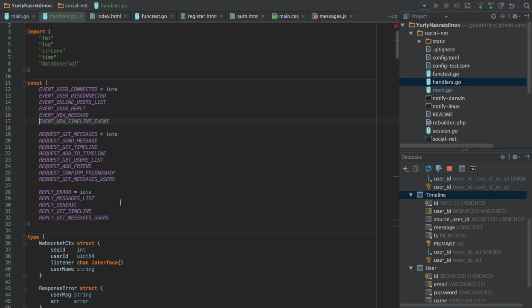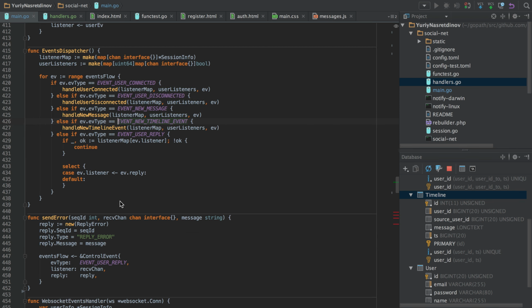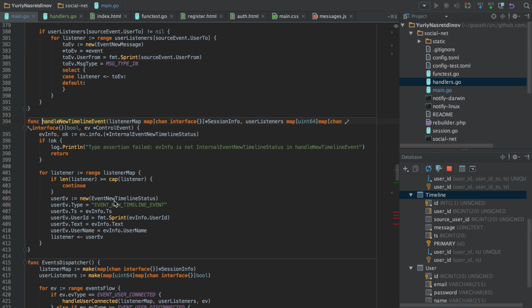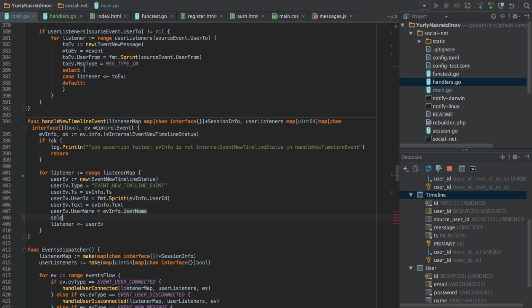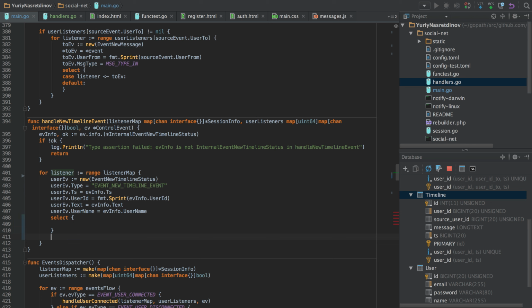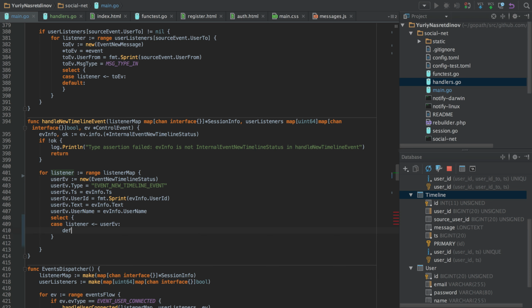So we can see that new timeline event has a different handler, and there is actually a not really accurate test for capacity, and the receive channel. So the listener is just a channel of messages that are printed to user. So we have replies and events, and so listener is events channel.